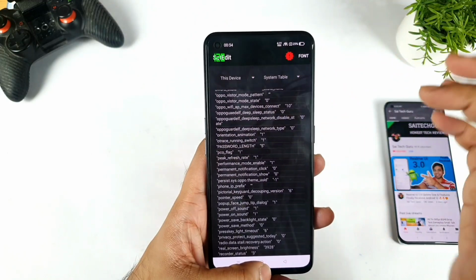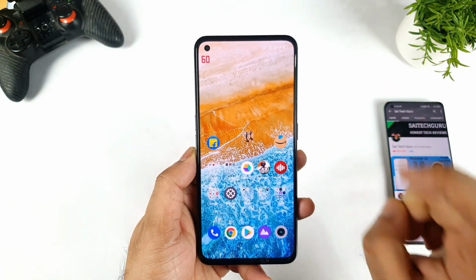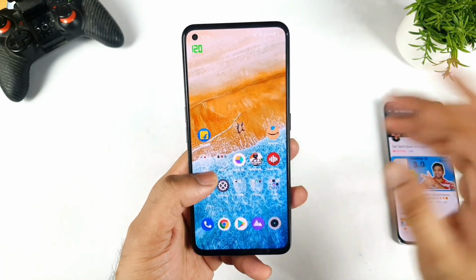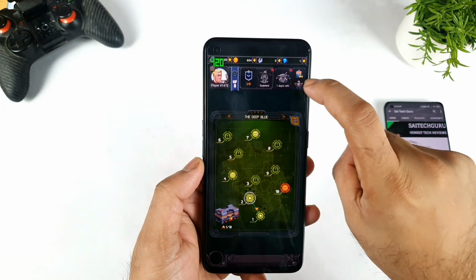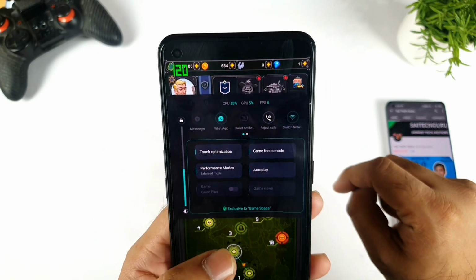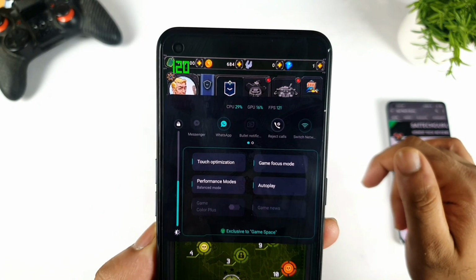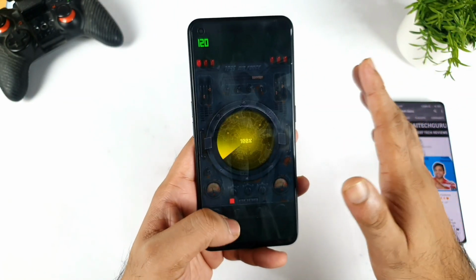Yes, as you can see immediately. This will drain the battery, so make sure to remember that the battery will be drained. The heating can also increase slightly, a little bit more. You need to keep those things in mind. Right now I opened the same game and you will be able to see 120 Hz. It will be able to play at exactly the high refresh rate. The 120 Hz changed and I'm getting 120 Hz in real time, which is working fantastic if you use the Set Edit application.